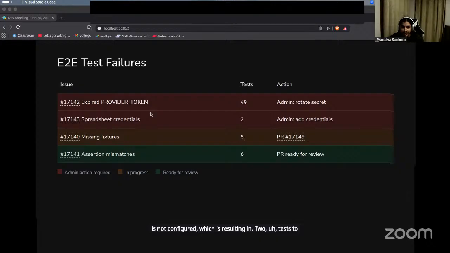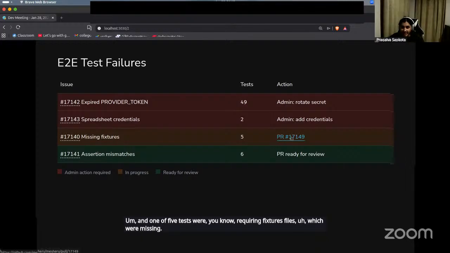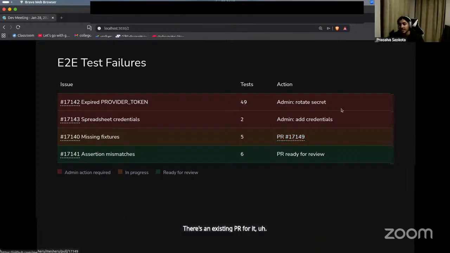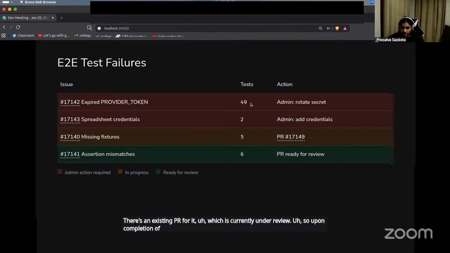So if this is a priority, we can add the spreadsheet credentials, or if this is not a priority, we can skip these tests right now. And 5 tests require fixtures files, which were missing. There is an existing PR for it, which is currently under review. So upon completion of that PR, the 5 tests